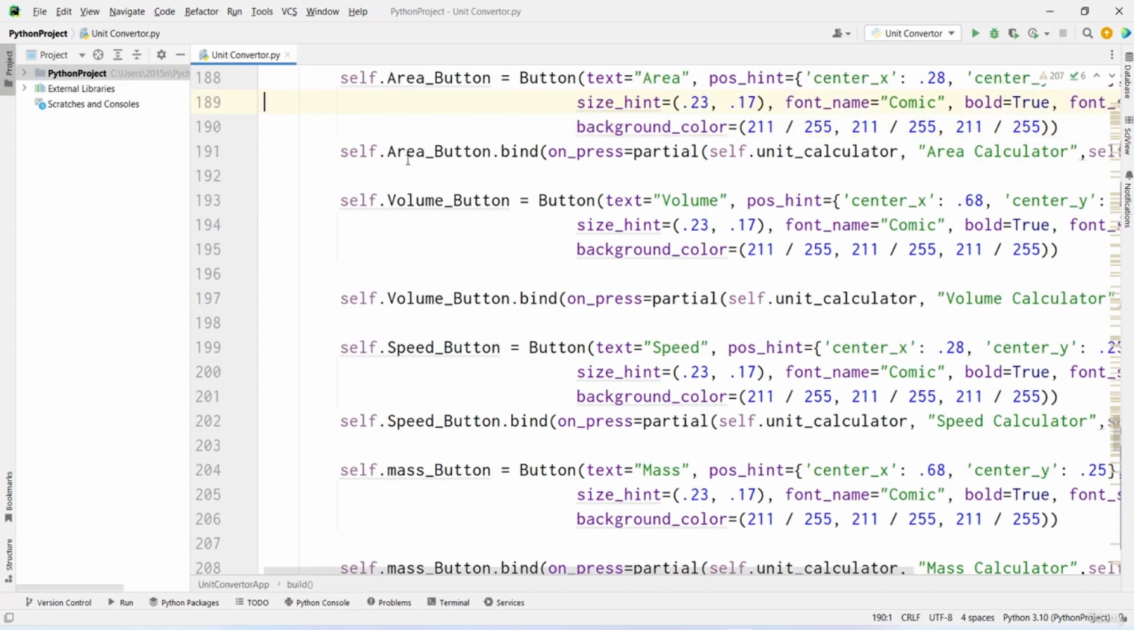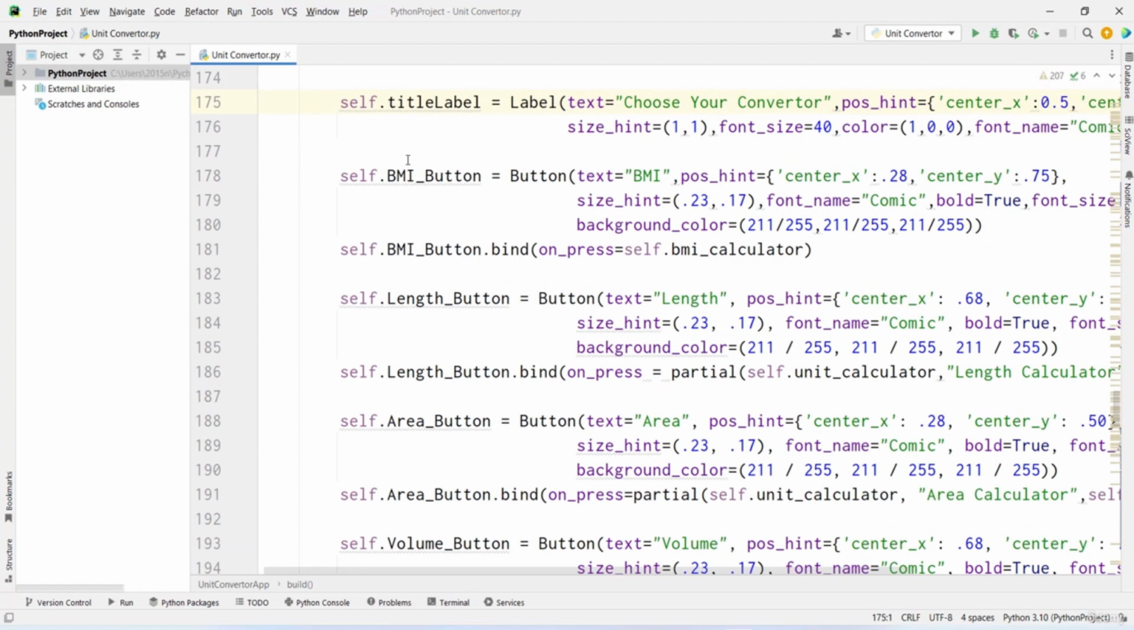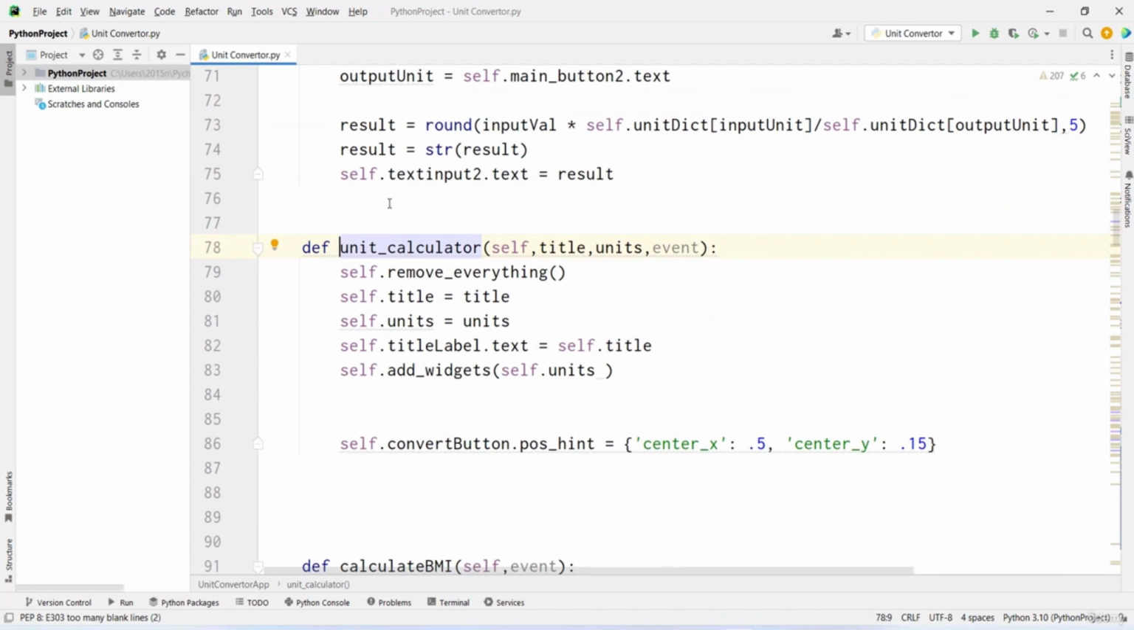So first of all, say that the user clicks on the length button. The length button is invoking this function, unit calculator. What this unit calculator function is first doing is removing everything by making invisible all the buttons that were previously visible, and then we are setting the title. If the length button gets pressed, then the title that we have passed right here is the length calculator. If the area button gets pressed, then the title that we have passed is the area calculator. And then here the unit is going to be the units